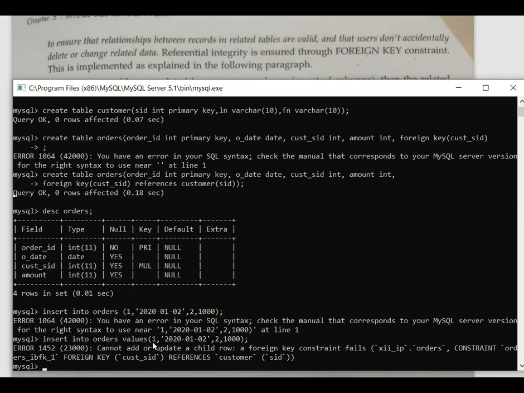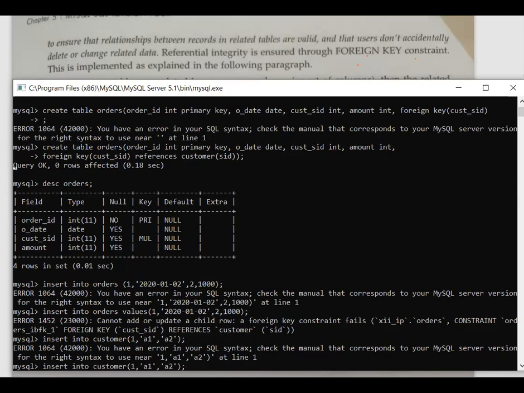Now what I have to do, it means in the customer table first I am going to insert the value. ठीक है. So insert into, that is my customer table, customer, and see I was supposed to insert into customer, then I was supposed to insert total 3 values. First was prime order 1 दे दिया, then last name I'm writing here A1 and first name A2. Suppose roughly I'm writing. ठीक है.